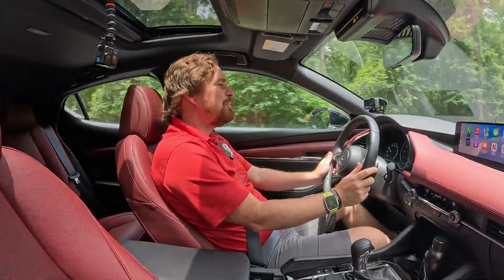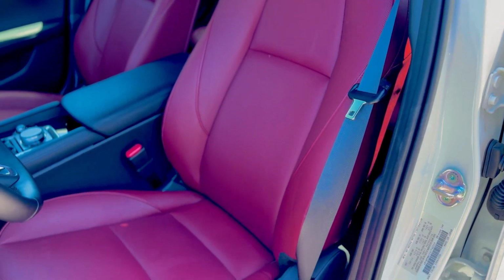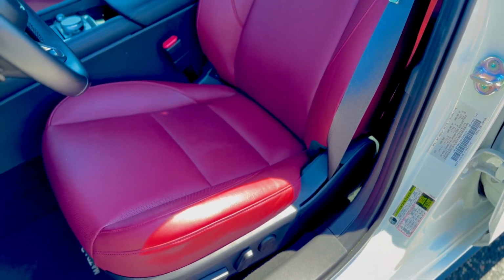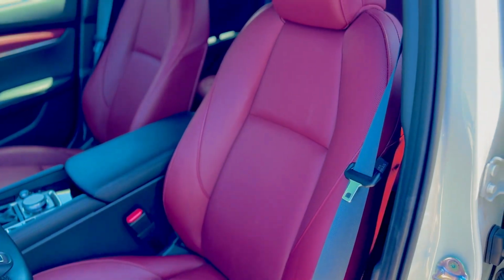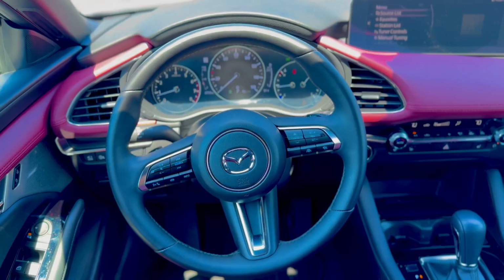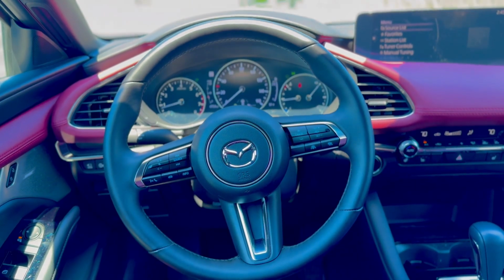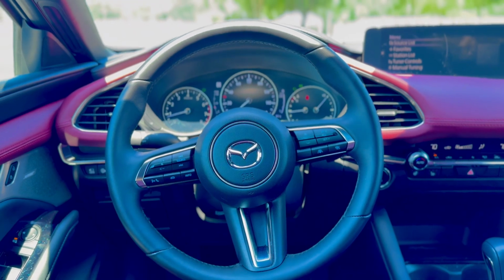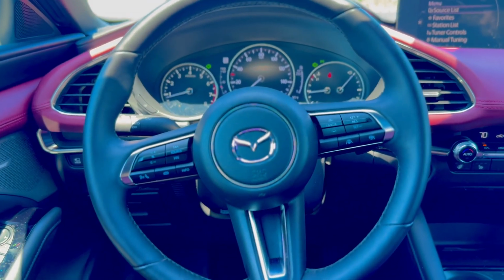Woo! Get a little bumps there from the imperfections in the road, but again, it doesn't beat me up here with this sport tuned suspension. But yes, I would be very happy to own this vehicle. I think it would work well enough for our family, given that my daily driver is still the same size class of vehicle. You saw earlier just how much space I had behind myself at 5'10",